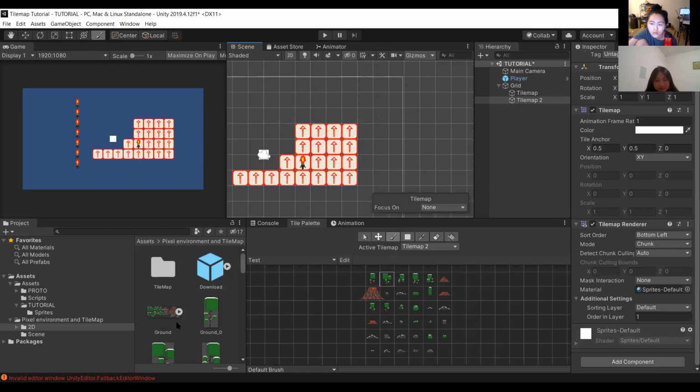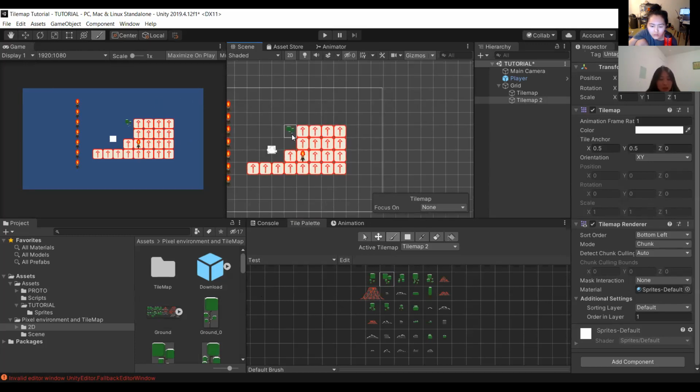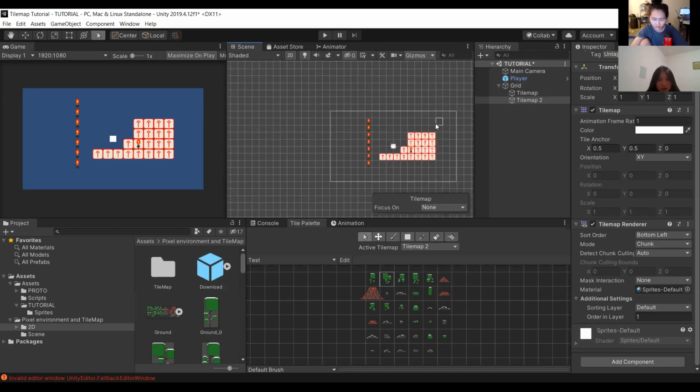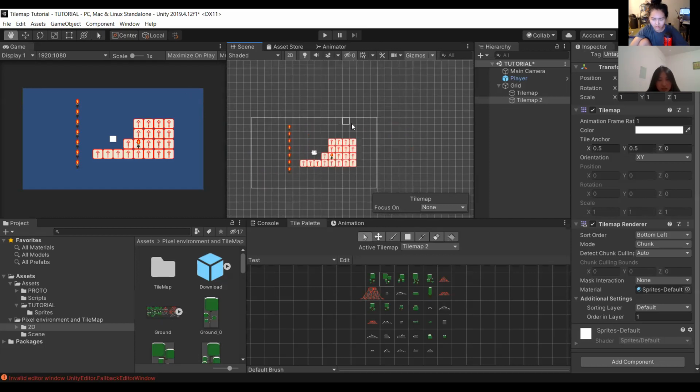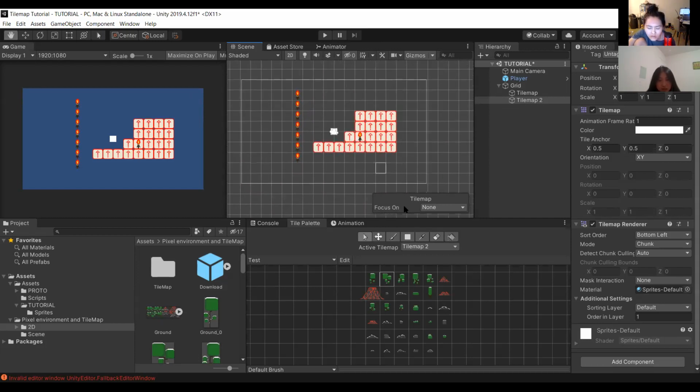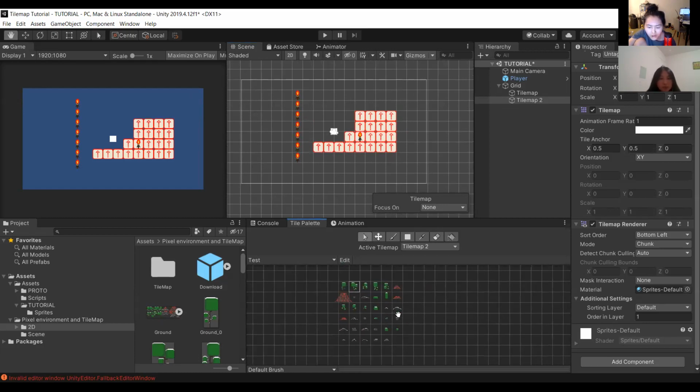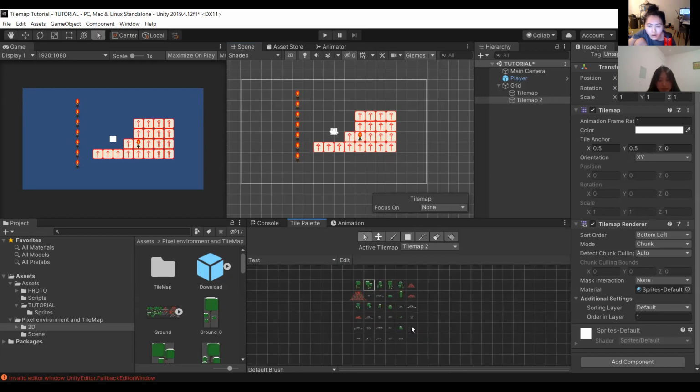I don't know how I got this far without knowing how to do this, but how do you move the display around, because I can't zoom in or zoom out on this thing? Middle mouse button. And if you want to go to a different portion of your scene, click the alt key and then click and drag. Are you talking about moving in the scene? It works the same.